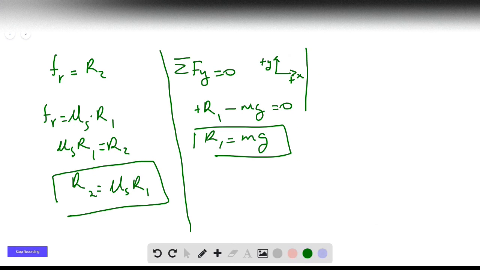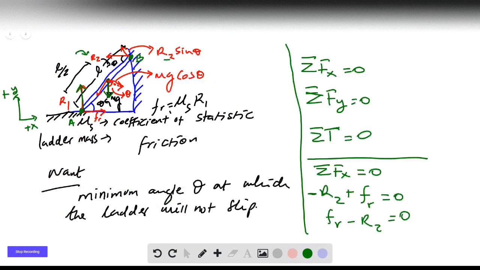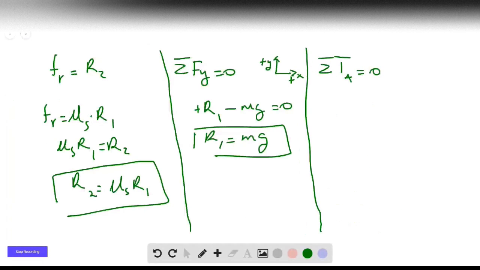And then the last type of relationship has to do with the torque around A. We know the sum of the torques around A is 0. If you look at the diagram, R2 sine theta is pointing in the counterclockwise direction, so it's going to be positive. And then the weight, mg, is pointing in the clockwise direction, so it's going to give a negative torque around A. So we end up having R2 sine of theta